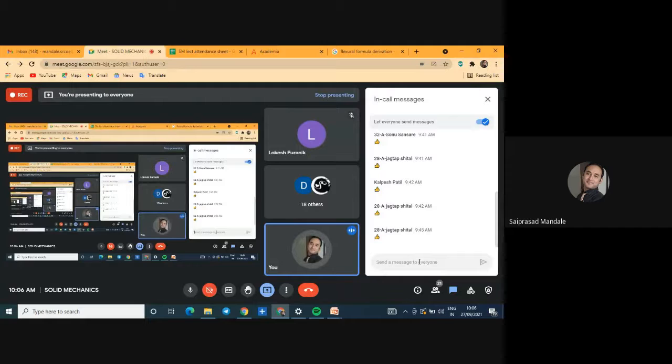Everyone, please ping in the chat box. Can anybody tell me the summation of FY for the cantilever beam? If you know, then unmute yourself and talk to me. If you don't know, then unmute yourself and tell me that you don't know. Please faster, we don't have that much time. Actually, I'm planning to start unit number 3 today, but I know you have not submitted assignment number 2. That's why I'm taking this new variety of numerical.